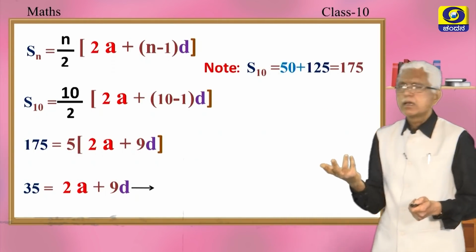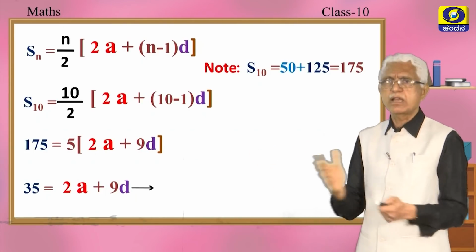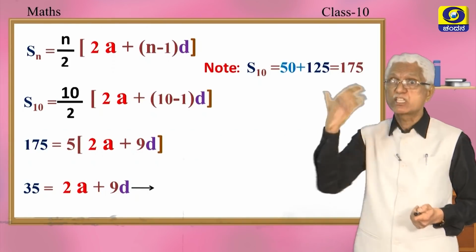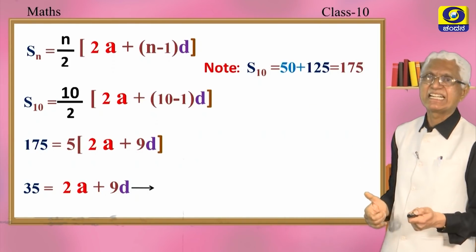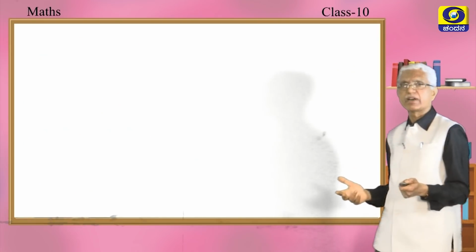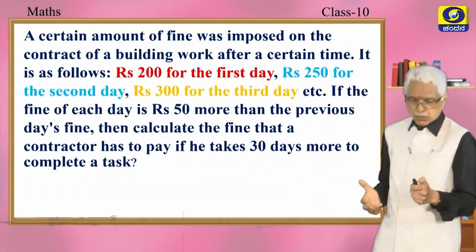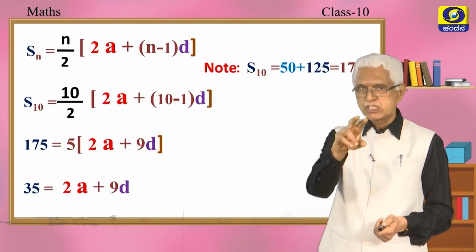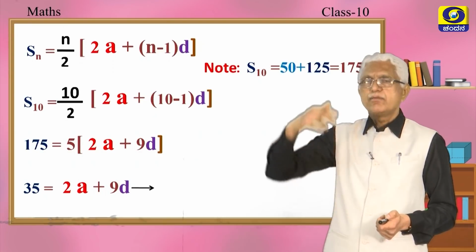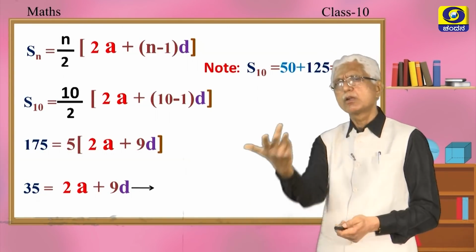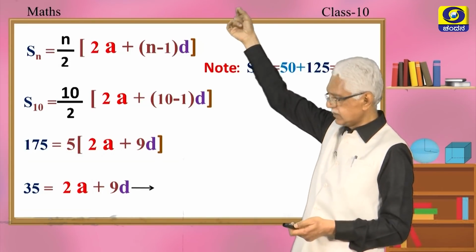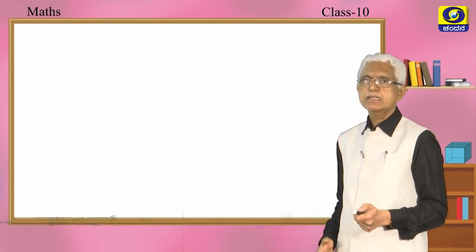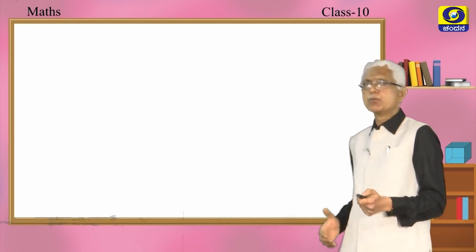Okay, good. As long as you are confident and sure of any method, you can work out in the method that you wanted. But it's my duty to suggest to you to think alternately, another way of working out the same problem, right. So you got a pair of linear equations, and when you take those two equations and solve, you will be able to get a and d, and you can happily write down your AP. Okay, that's good. Well, my dear children, we will be discussing one more problem. Just watch.